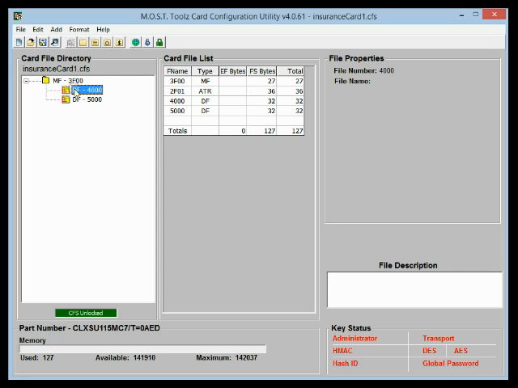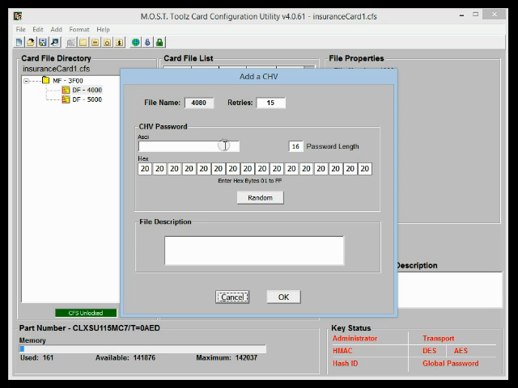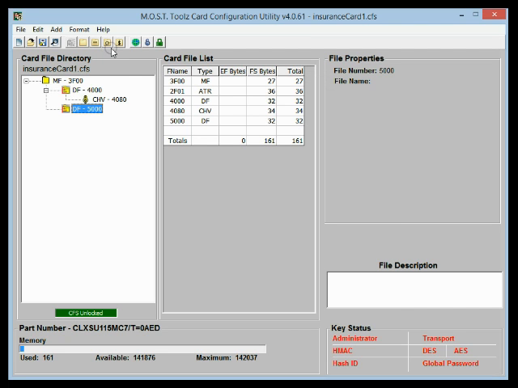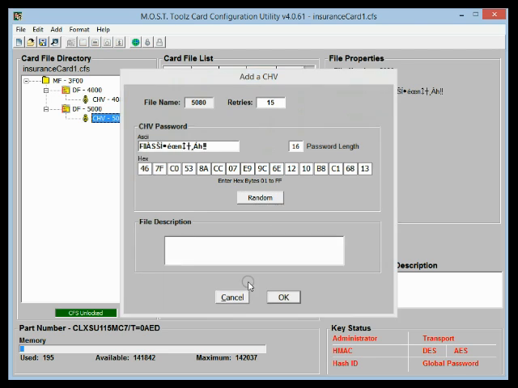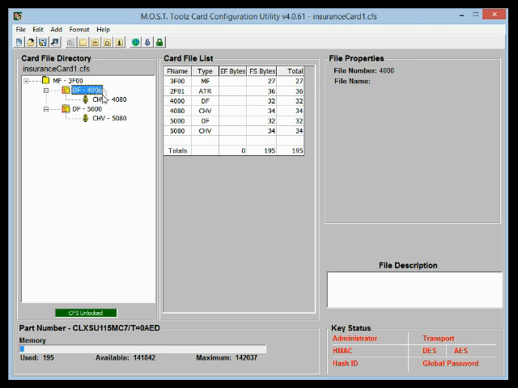And since we want to protect our files from being overwritten or hacked or whatever, we're going to add a CHV password. And I'll just do a random set of hex bytes by clicking on the random button. And we'll just add one to the other DF section. So those are local to those sections, and the other section can't use it. So all the files in here have to use this CHV password. They can't use this one, and this one can't use those. Okay, so